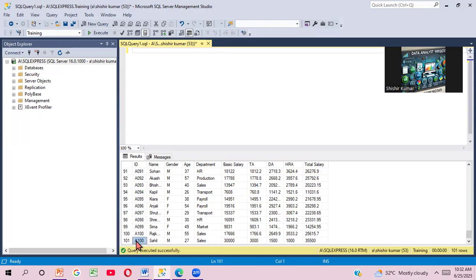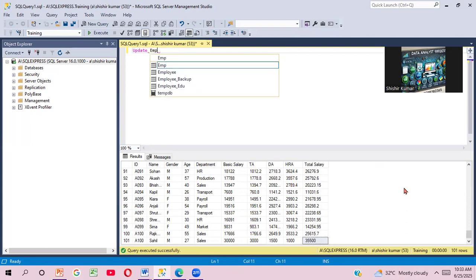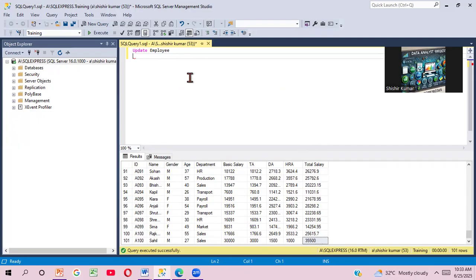So how can we handle this scenario? If I need to update the 10% salary of that particular Sahil who is working in the sales department, as of now the salary is 35500. So how can we update it? I write this command: update employee. Which data do I need to update? I need to update the total salary with a 10% increment. First, I need to write SET, then I need to mention the total salary column. This is total salary equal to,